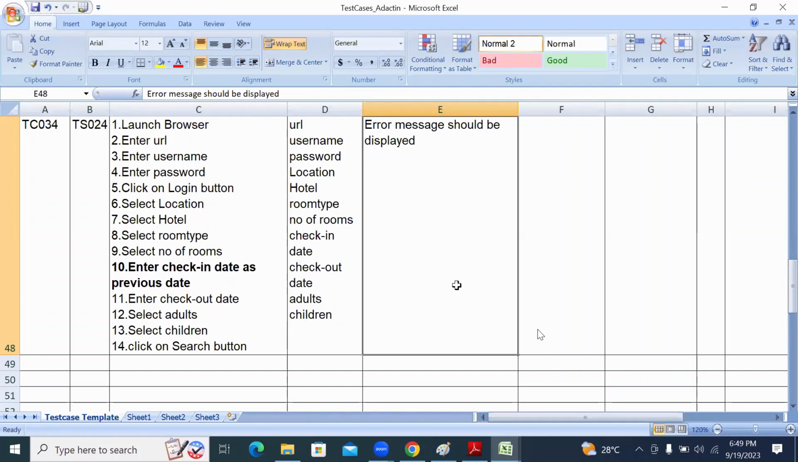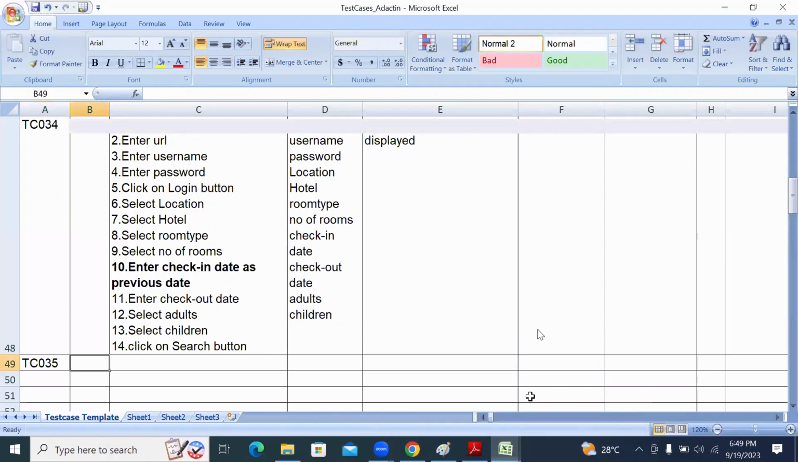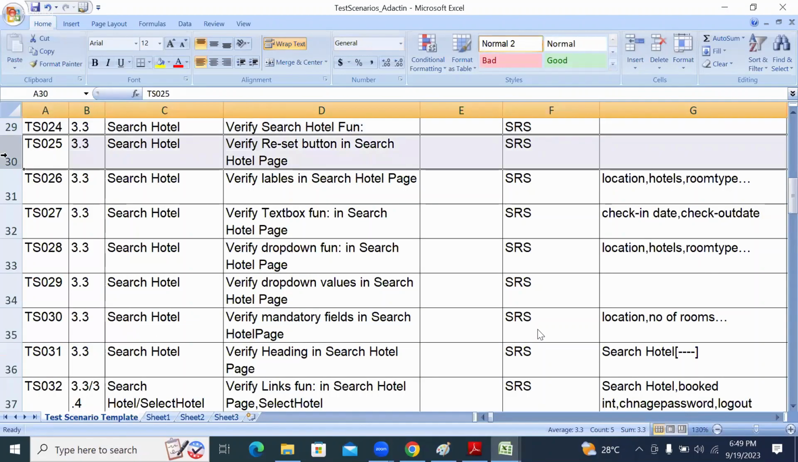I'm not writing it all here. You need to care about all those respective combinations. You can think about all the combinations. Test case 35. See the next scenario. What is the next scenario? Verify